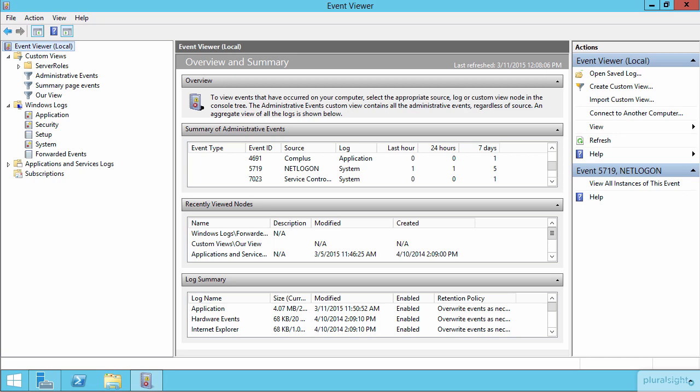Now, everything we've talked about up until this point having to do with the event viewer is awesome when you've only got one server under management. But if you're like me, you probably are responsible for more than just one server. And in fact, this introduces what has been one of the biggest complaints about the event viewer for a very